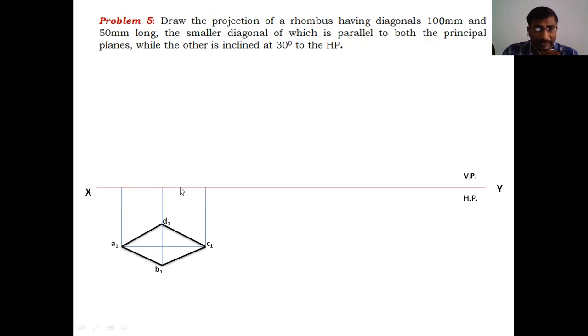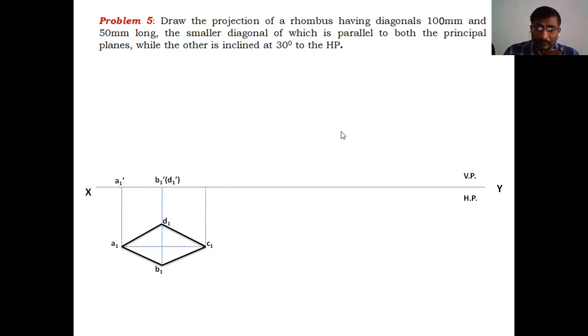So this is a rhombus, longer diagonal 100 mm length from this point to this point. Join those 3 points. This is the A1 dash, that is the front view of this point A1. When we're looking at this diagram from this side, B1 is the visible corner and D1 is the invisible corner. So you have to locate this front view as B1 dash of D1 dash like this. Because D1 is an invisible corner, its front view is also located in the bracket, and B1 dash is the front view of B1.